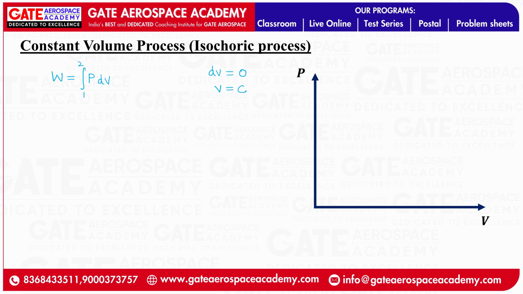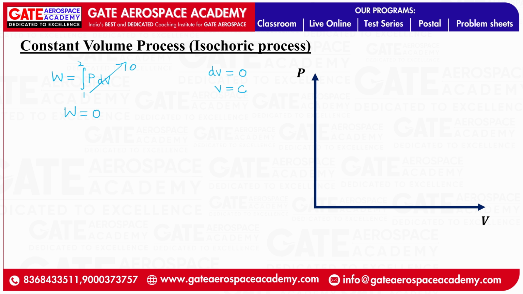So if dV is 0, work done will be 0. And that has to be 0 because we are discussing displacement work done, right? If volume remains constant, it means the piston is not getting displaced, correct? So if it is not getting displaced, work done will be 0. Without even finding out, we can write that, right? Work done will be 0 for constant volume process because there is no displacement,